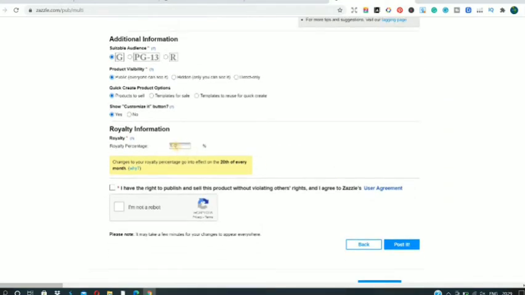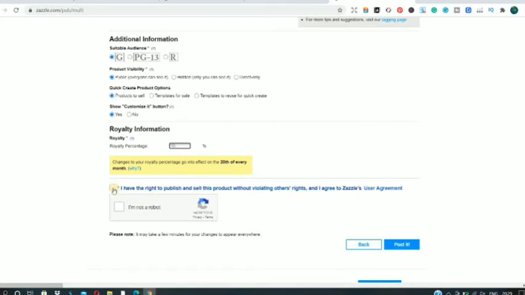Then here is the royalty percentage, guys. You need to set a royalty for your shop. By default, they have selected the 5%, and you can select whichever one you want. Like the first product that I sold, I was having a 5% royalty percentage. Then you can increase it later on, but the default is the 5% only. And if you are making changes to the royalty percentage, it will take effect on the 20th of every month, so keep that thing in mind as well.